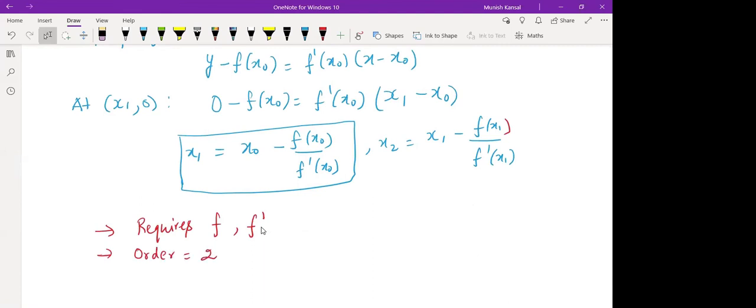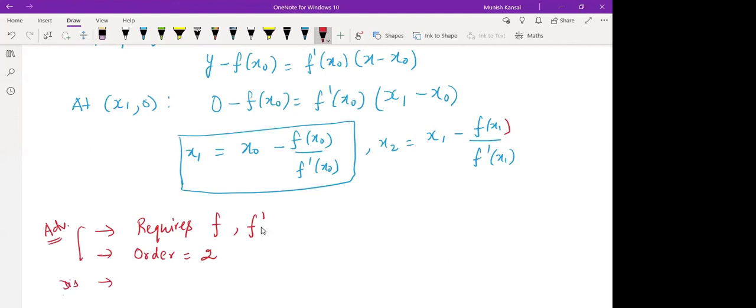I will tell you what we mean by order of convergence, right? Order of convergence you might have studied. So theoretically, you know the meaning. I will show you computationally also what is the meaning of order of convergence, right? So order of convergence is 2, that is quadratic order of convergence, right? Now, third point here is, you can say, this is the advantage.